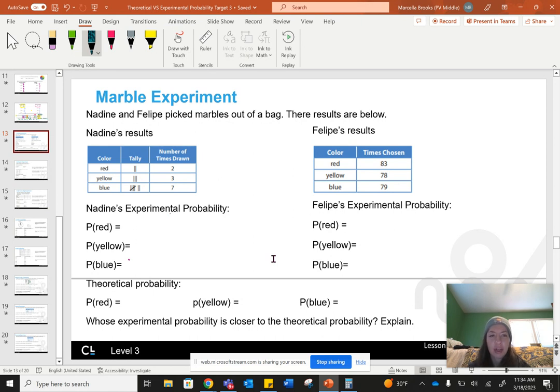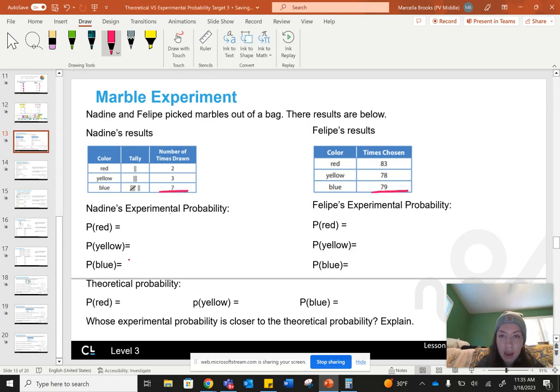All right, so Nadine and Felipe picked marbles out of a bag. The results are below. So once again, we see a table. This is experimental probability we're dealing with. So you need to add up how many times Nadine pulled stuff out of a bag, and how many times Felipe pulled stuff out of a bag. It looks like the total here is 12, and the total here is